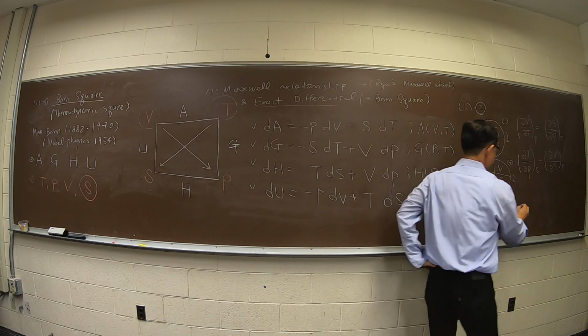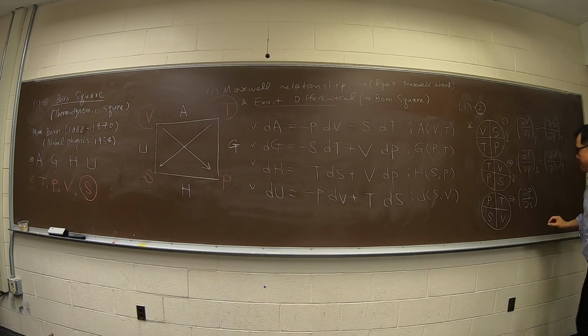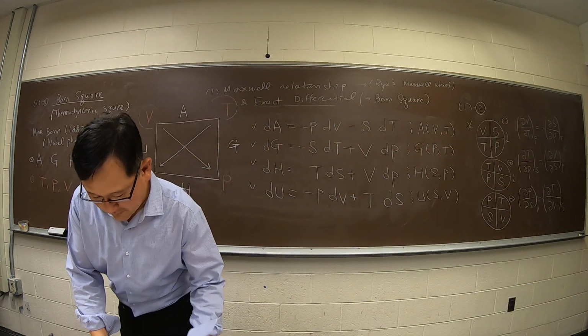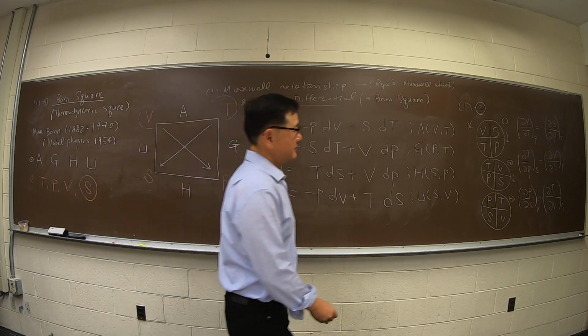By doing so, volume constant, S constant, and with a negative sign. So if you look up the textbook, I just derived those three Maxwell relationships, and the last one